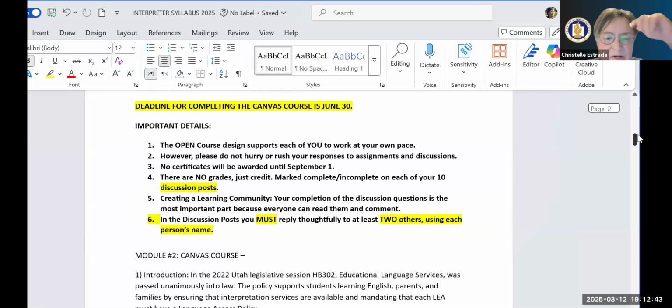Again, these are just details that I've gone over. When it says work at your own pace, and again, I have to change the third because it says until September 1st. Even though you finish on June 30th, I'm not sure how quickly we can get the certificate to you, because